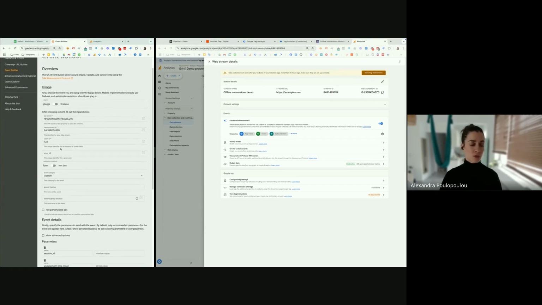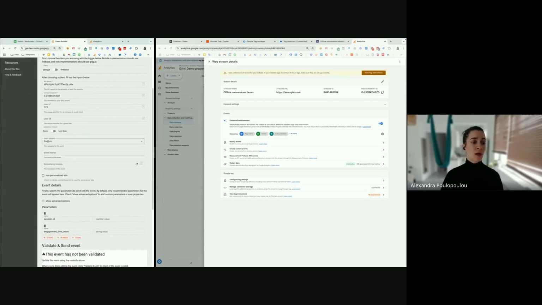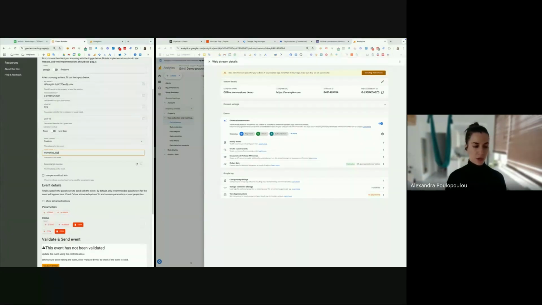So I will just use 1, 2, 3, a dummy value, and then we will move forward to the event name. You can use pre-made event names for industries, but I usually prefer custom events, and I will name it workshop SQL. No, SQL.